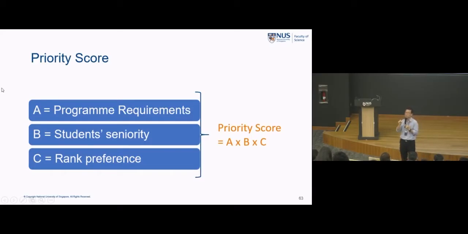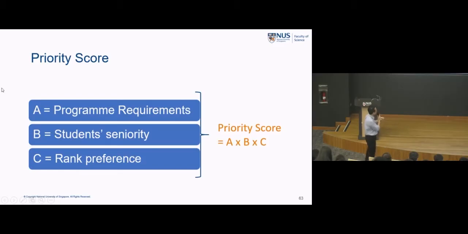Now, what is this priority score and how is it computed? I can't tell you how it is computed. That's trade secret. But I can tell you what is considered. 3 things. First, you are reading that course for what? So just now I said the must-have and the good-to-have and the can-have or don't-have kind of thing, right? So are you reading it for your primary major requirement or are you reading it as an elective? So that is very important in determining who gets priority.